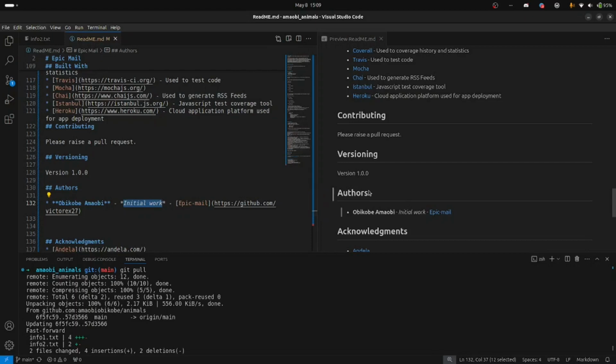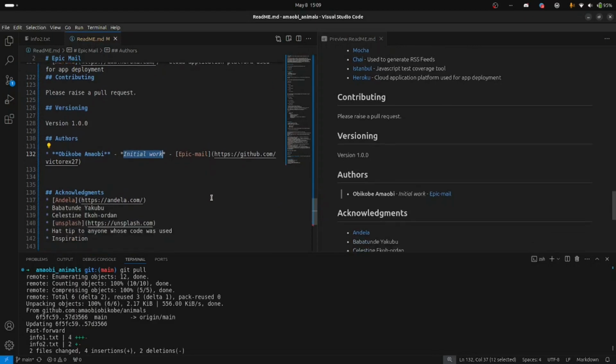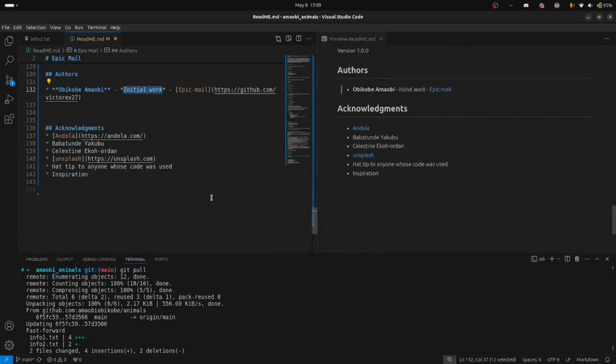It's in italics here. These are my acknowledgements, and if you also notice something, I use the asterisk here too, and then it also did the same thing that the dash should also do. So basically,